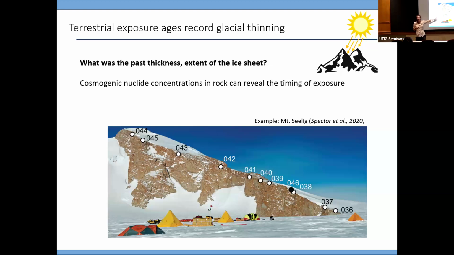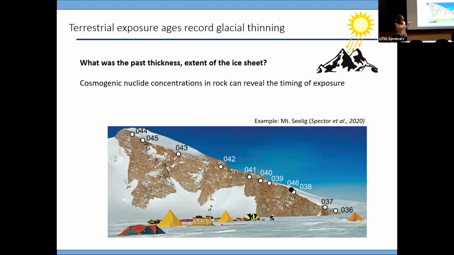First, we're back to cosmogenic nuclides, same photo. These terrestrial exposure ages, basically we use mountain peaks that stick up out of the ice as a dipstick. You check your oil, right? You see the level of oil. So it's a dipstick to record ice sheet deflation through time. And this works because as a rock surface is exposed to the air, the cosmic rays interact with the quartz minerals in that rock. They build up rare nuclides. And so we measure cosmogenic nuclides to tell us how long that surface has been exposed to cosmic rays, in other words, how long it's been ice-free.